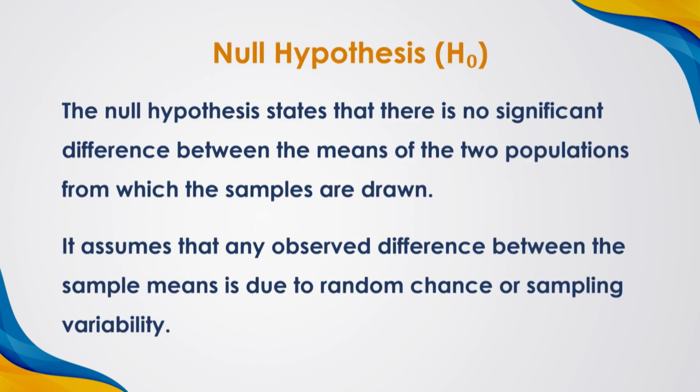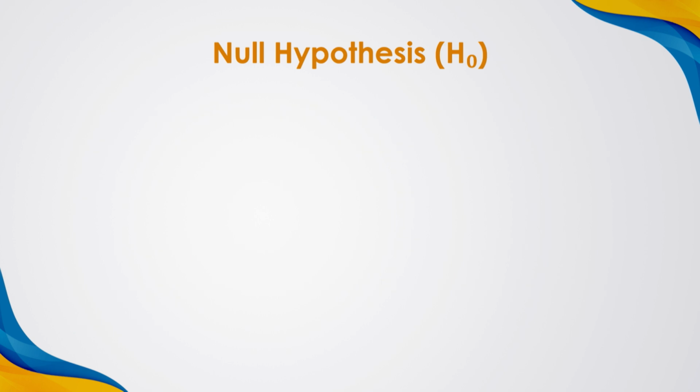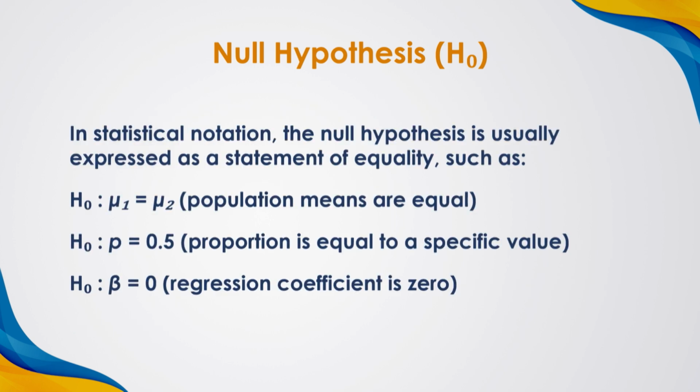The null hypothesis states that there is no significant difference between the means of the two populations from which the samples are drawn. It assumes that any observed difference between the sample means is due to random chance or sampling variability. Null hypothesis. In statistical notation, the null hypothesis is usually expressed as a statement of equality, such as